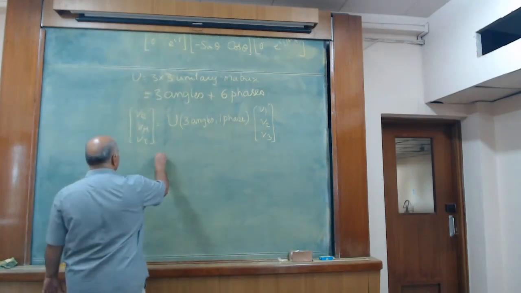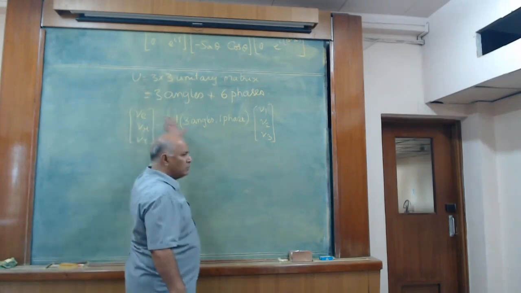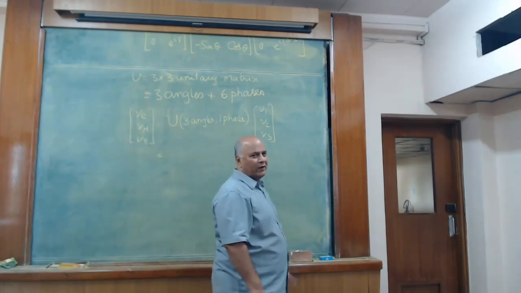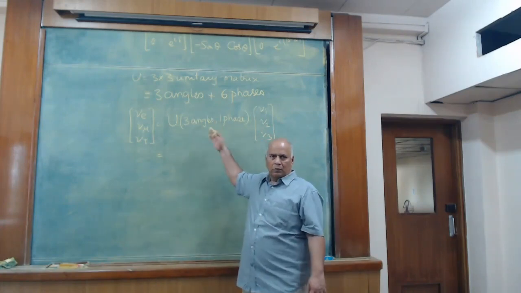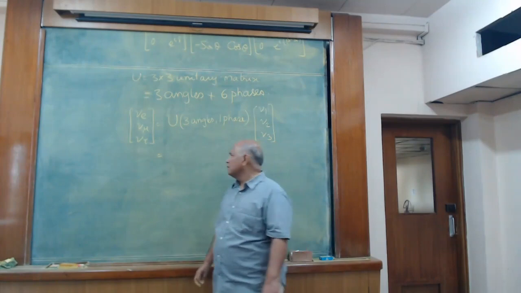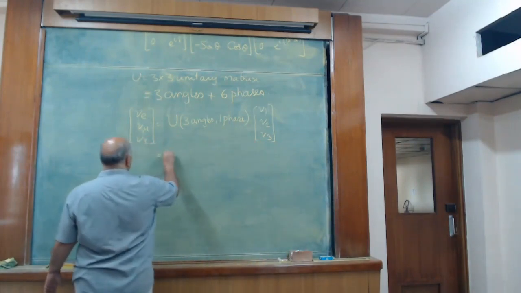And people write this matrix in two different ways. In one case, we use this parameterization. We write